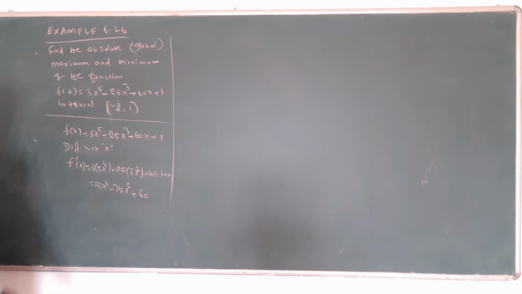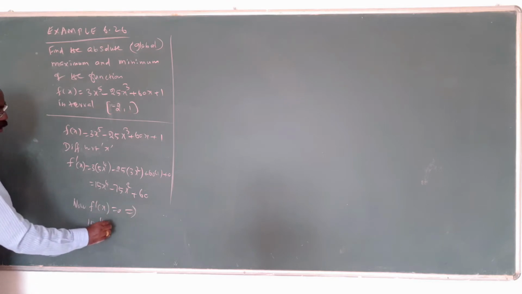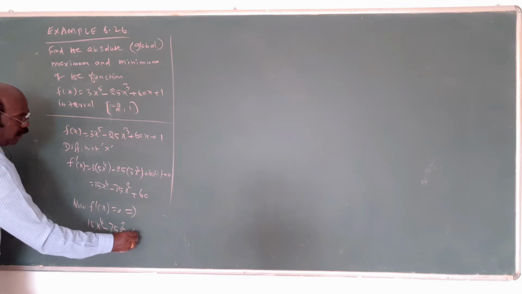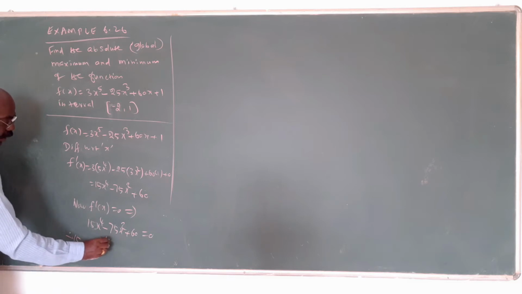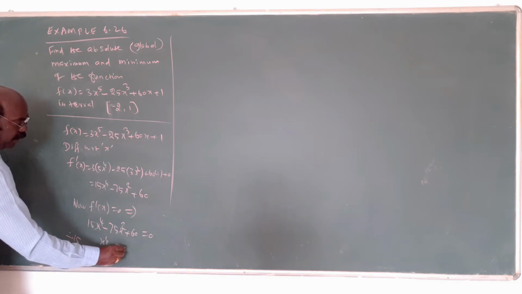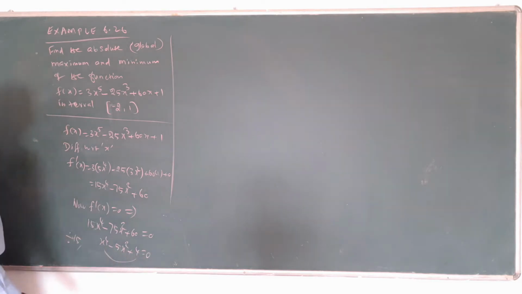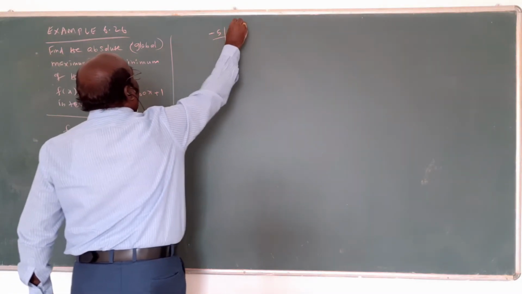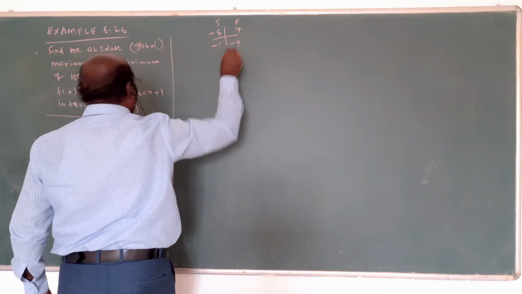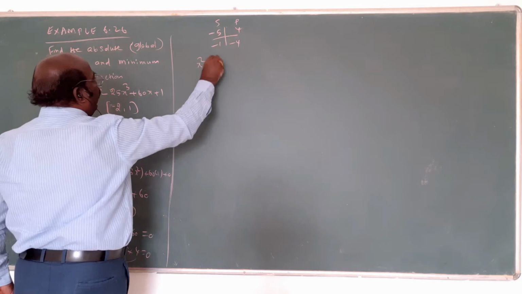First derivative, find out. Now first derivative equal to 0, you will find these values: 15x power 4 minus 75x square plus 60 equal to 0. Now, 15 is common. X power 4 minus 5 into x power 2 plus 4. Am I right? Now the product of two numbers is 4 and the sum of them is minus 5. That is minus 1 and minus 4. So the answer is x square minus 1,